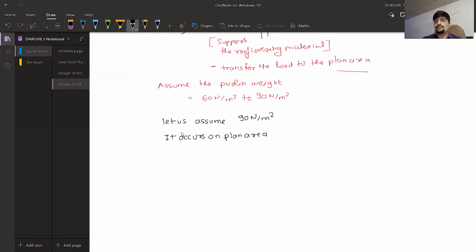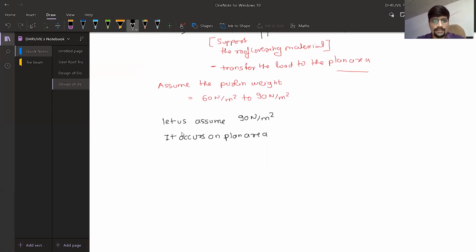In a general way I can say that if you are standing here, suddenly the roof falls and you provide your hand to stop the roof or to support the roof. The hand portion becomes in the shape of an angle, supporting the roof. This is a live example of the purlin, and it will transfer the load from the body through the plan area. Okay, this is the simple example.